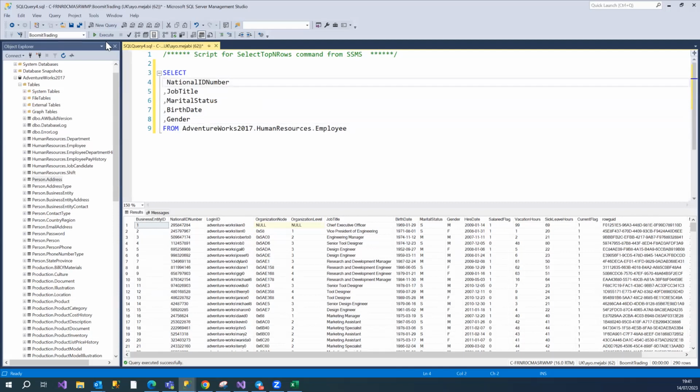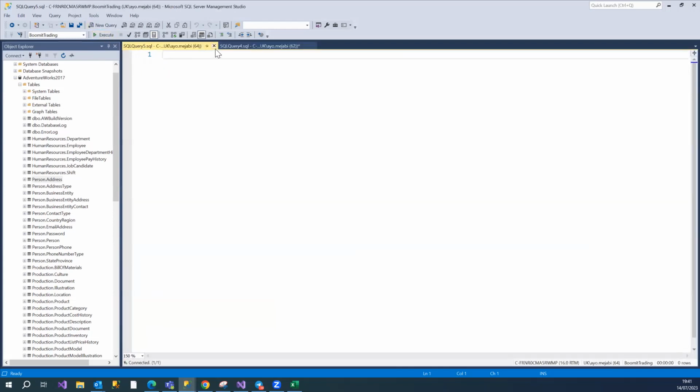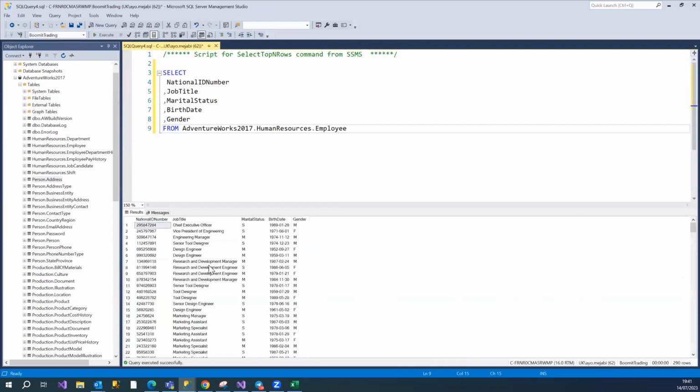And now if I run this, instead of bringing star, which is everything, it just brings 5 columns. See? Does it always need to be written with capital letter first? No, you can write